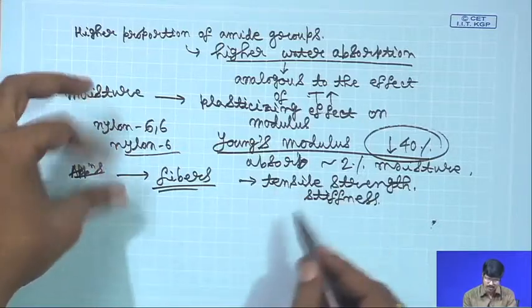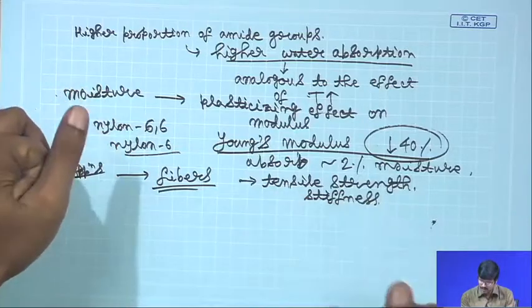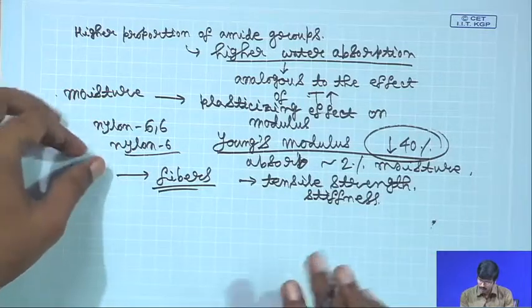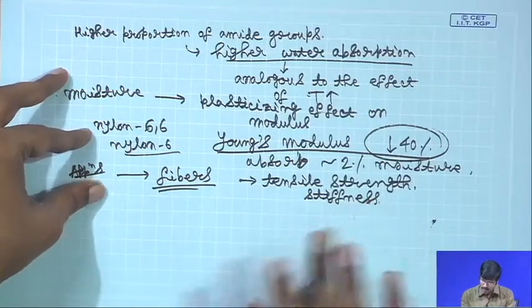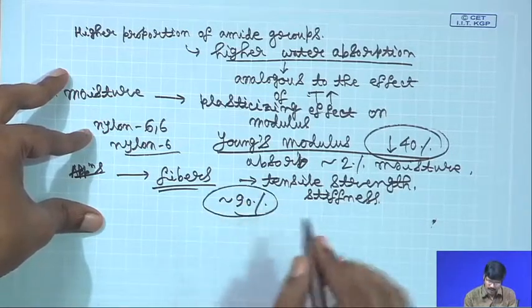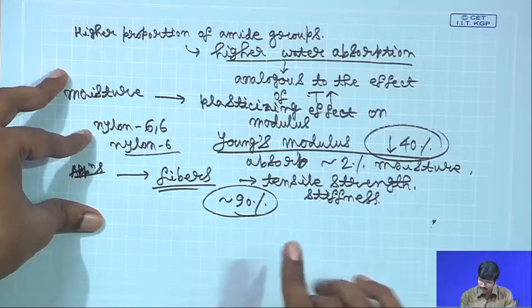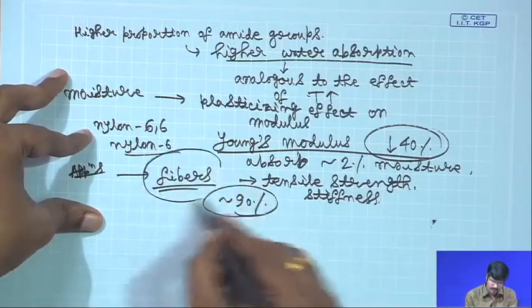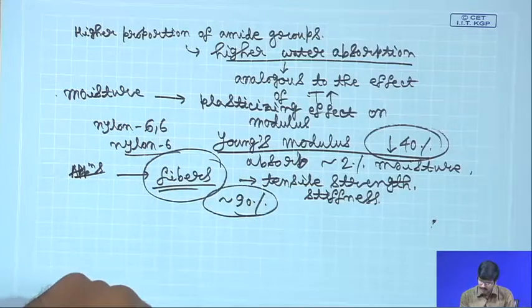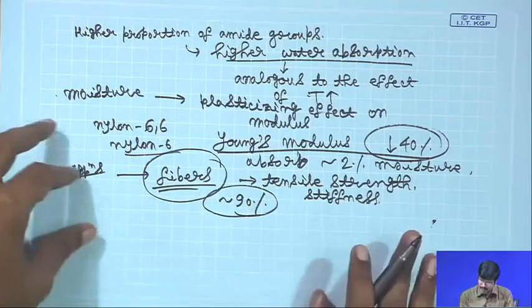They are also resistant to attack by different solvents because of this very strong packing, high crystallinity, and so on. Up to around 90% of world production of all nylons is accounted for by usage in fibers, and the rest is used for plastic applications,